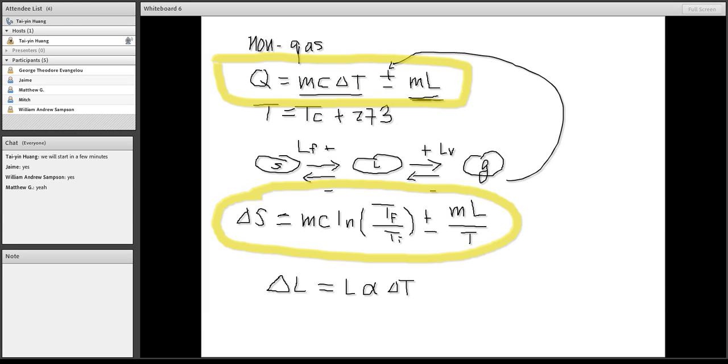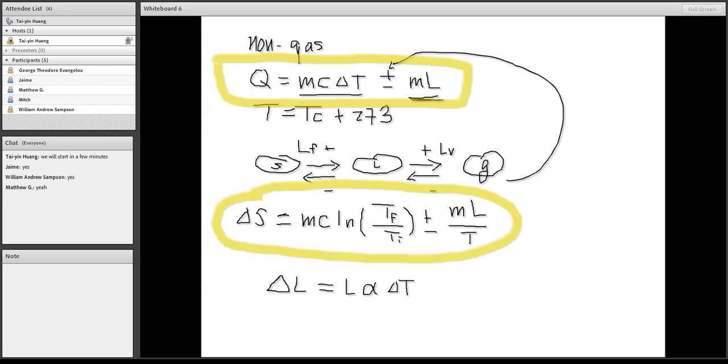Okay, so usually alpha, the coefficient of thermal expansion, will be given, along with the temperature change, and then you have the original length. Then you can calculate the change in length, that's just delta L. Of course, depending on whether delta T is positive or negative, your delta L can be